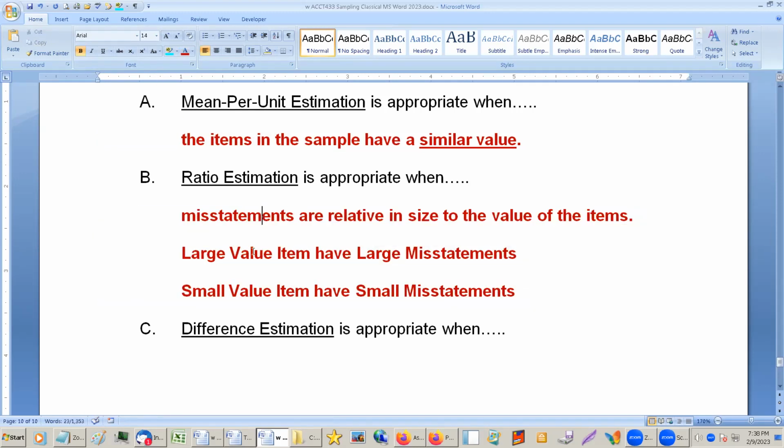And again, the ratio estimation one, I think for financial stuff is probably the most appropriate. I think I use mean per unit for some of the manufacturing stuff that was all similar valued, where you're really looking at quantities times a similar value. I don't think I ever used difference estimation, but it could come about. It's when misstatements